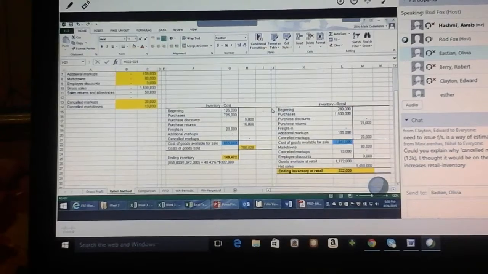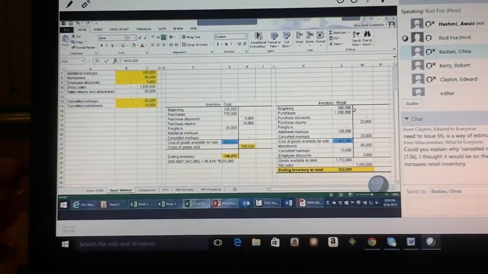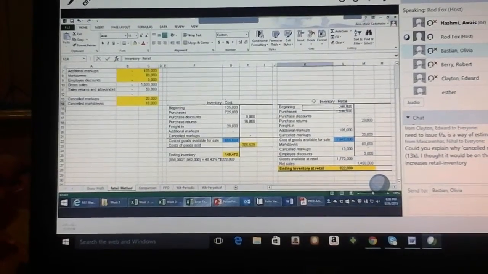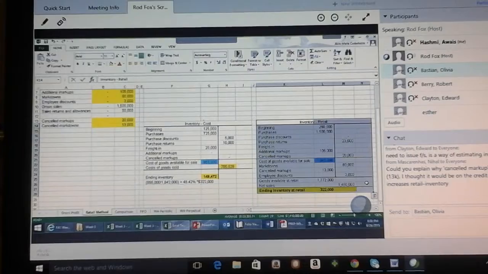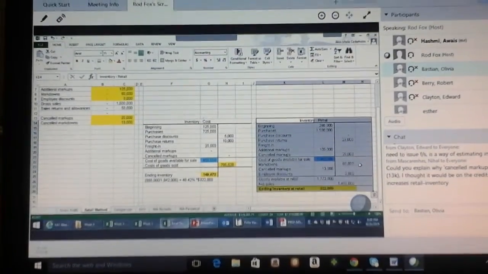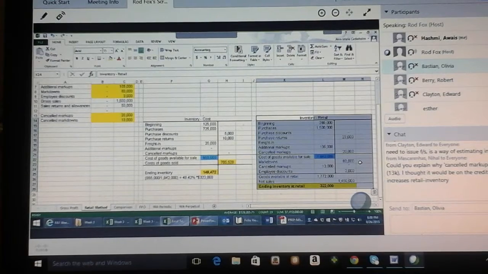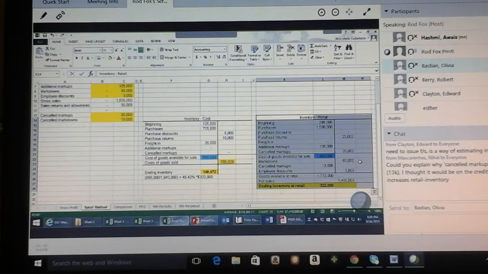And again, I don't know too much about this retail method because I've never used it. I've used the cost method before several times, but I haven't worked with enough companies to see these types of reports. But I do know that they're out there. I do know that it is being used. And again, I think once you have access or experience with one of the standards that we're using, it's going to make more sense. But unfortunately, at this point,